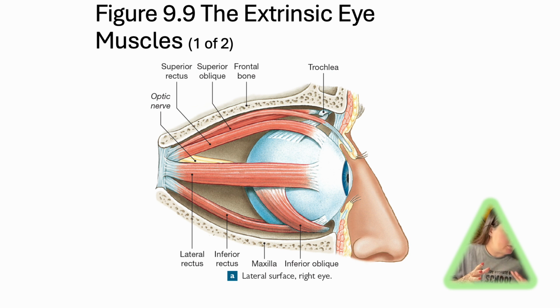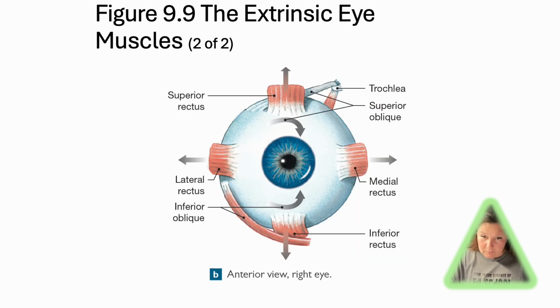An oblique is a little bit more sophisticated, we'll say. And here is another image to help you, if you're a visual person, to understand how these muscles, when they contract, the directions that they are taking the eye, so that we can focus on various locations in our